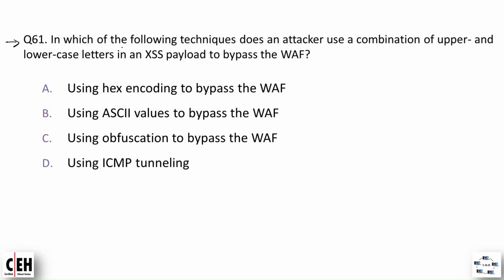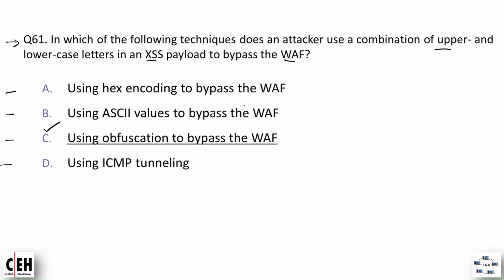Question number 61. In which of the following techniques does an attacker use a combination of upper and lowercase letters in a cross-site scripting payload to bypass the WAF, that is Web Application Firewall? Option A, using hex encoding to bypass the WAF. Option B, using ASCII values to bypass the WAF. Option C, using obfuscation to bypass the WAF. And option D, using ICMP tunneling. And the correct option is option C, using obfuscation to bypass the